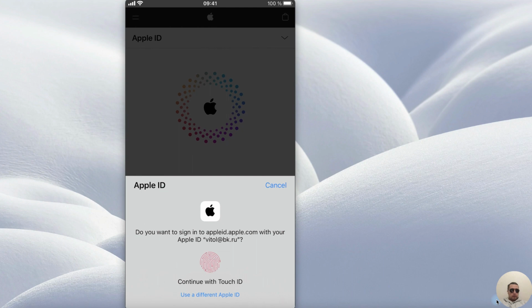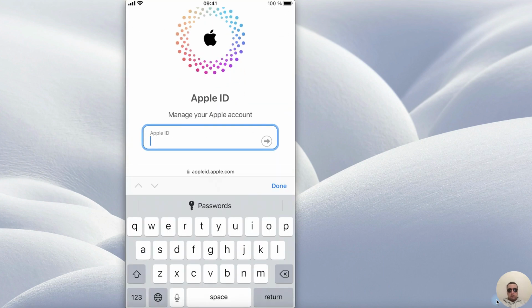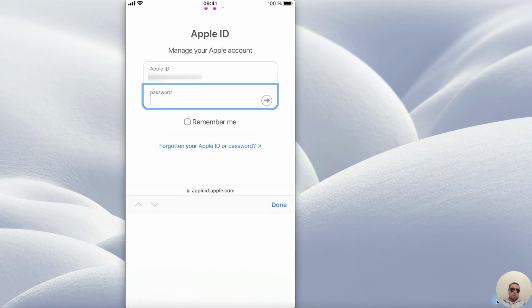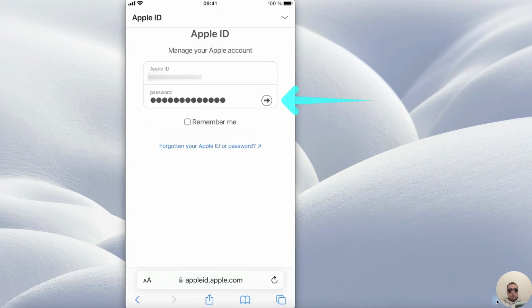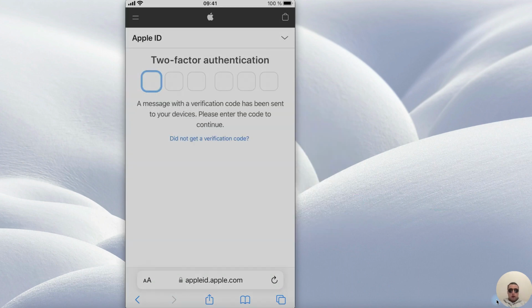Tap sign in, continue with Touch ID. Next, add your email address connected with your Apple ID. After that, tap next and add your password for your Apple ID. After that, tap next. OK, allow, and I have a verification code, but if you have the new phone number,